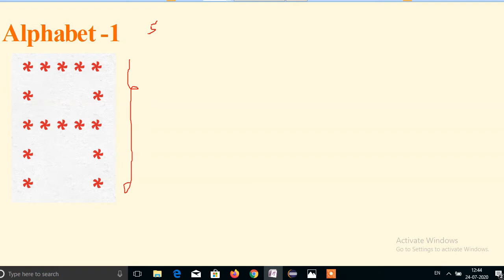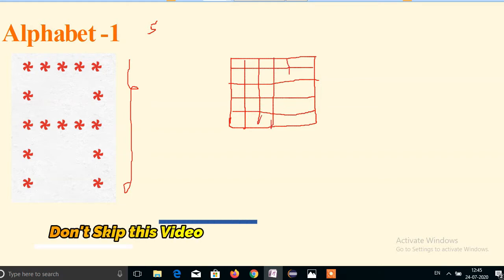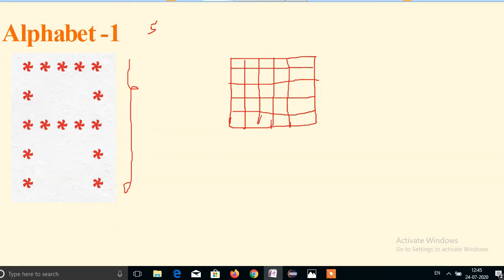So let us take 5 rows and 5 columns. 1, 2, 3, 4 and 5.